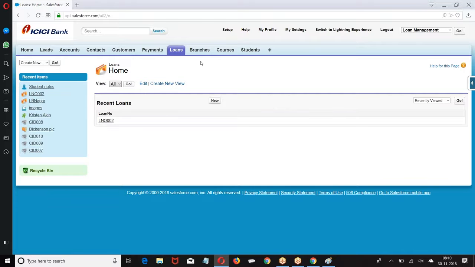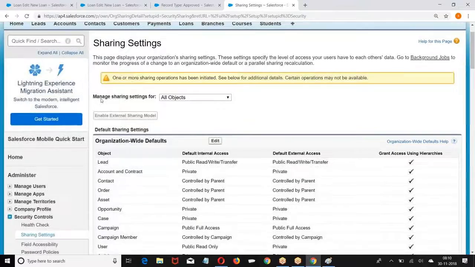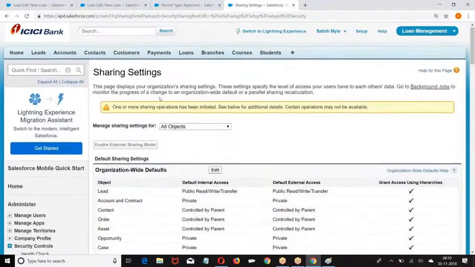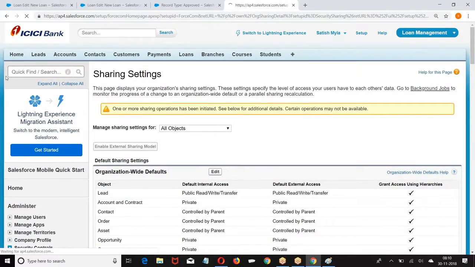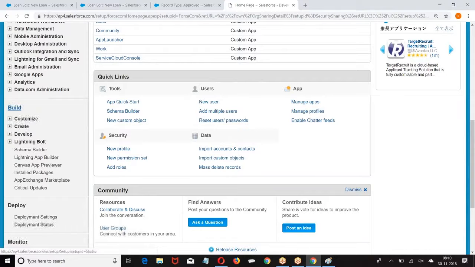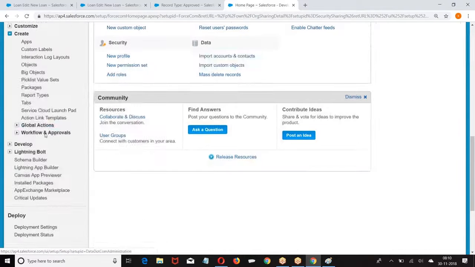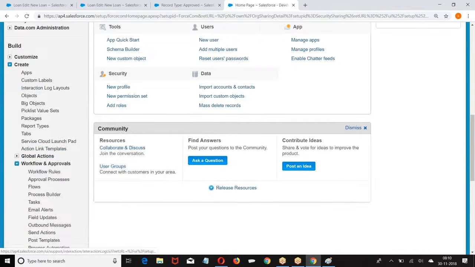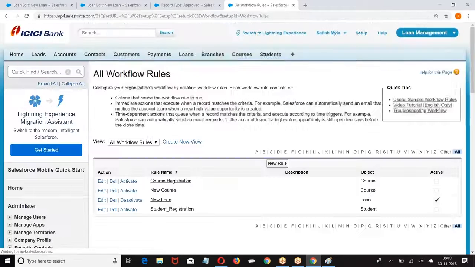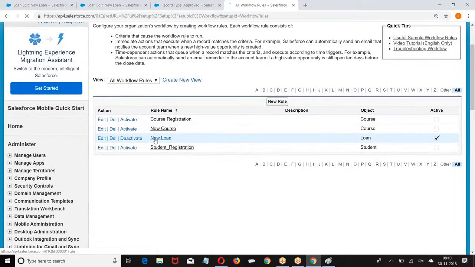Okay, first let me finish up the example. I'll come back to your story. Now let's go back to these workflows. Setup, build, create, workflows. Already we told new loan.